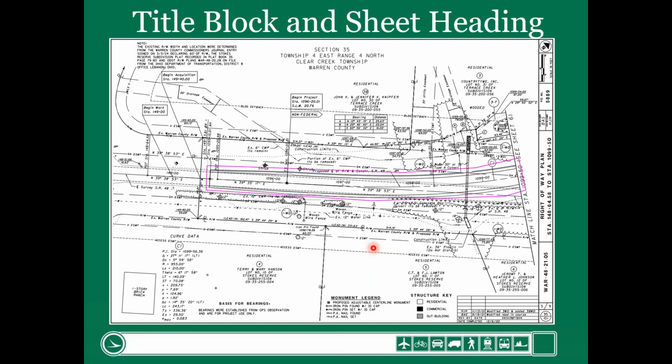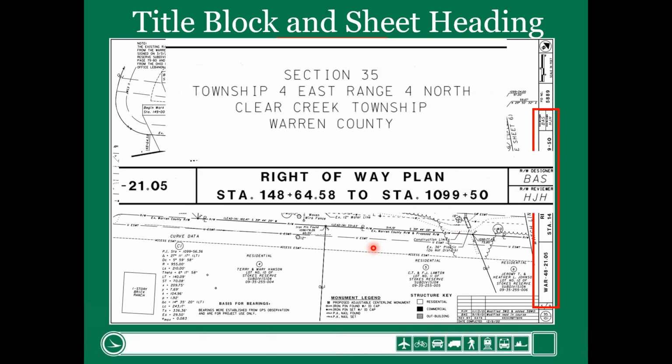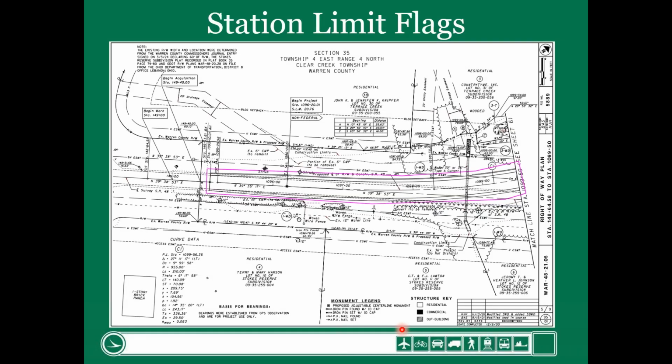I'm not going to cover everything. We talked about all the different proposed items and things of that nature. I really want to focus on the right-of-way part of this. So again, just quickly, the part here I want to cover is on our right-of-way detail sheets. We will identify the station range that the sheet covers. So this plan sheet starts at 148 and it goes to station 1099 plus 00. And that's in the title block along the right-hand side.